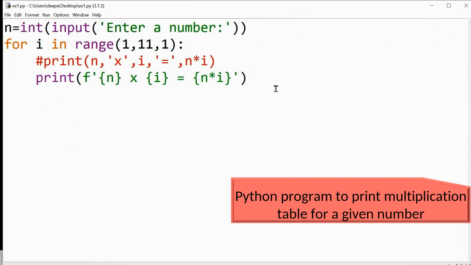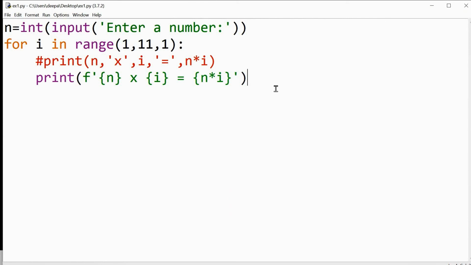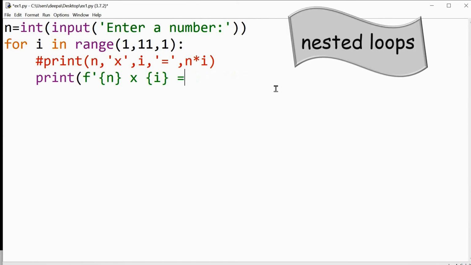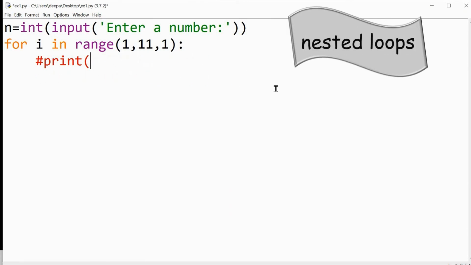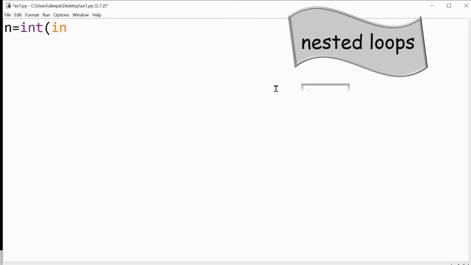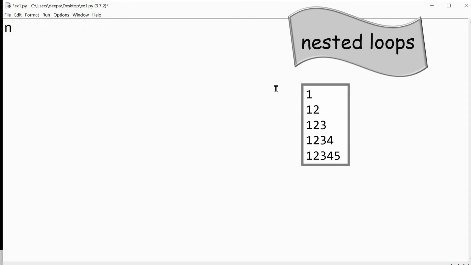Next I will show you nested loops. First we will generate the number triangle. For the outer loop, for i in range(1, 6, 1).